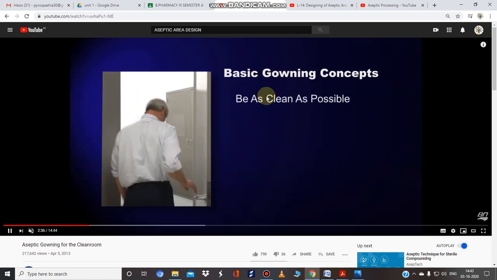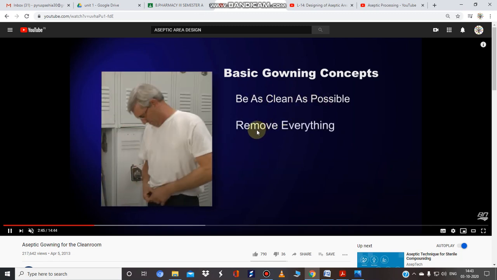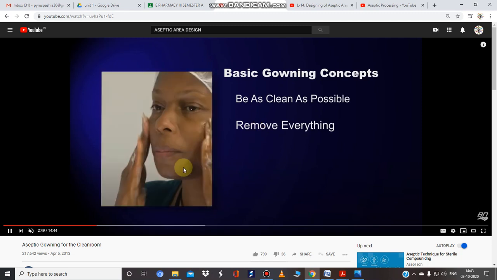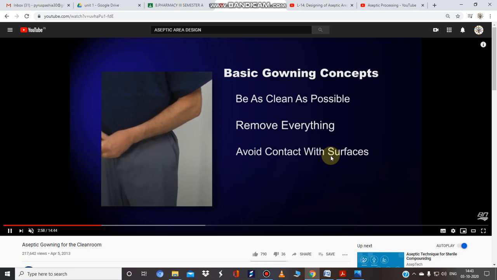There is a basic gowning concept: be as clean as possible. You must remove the clothing that you wear, your jewelry, everything. Avoid contact with surfaces, which is the most critical step.